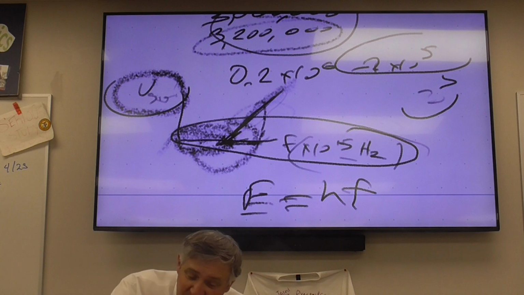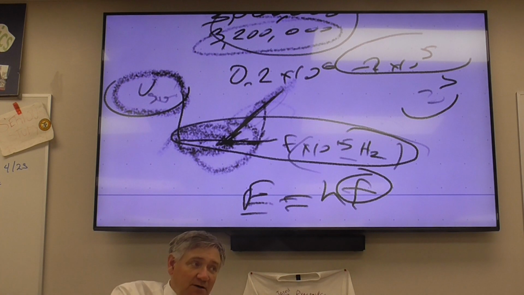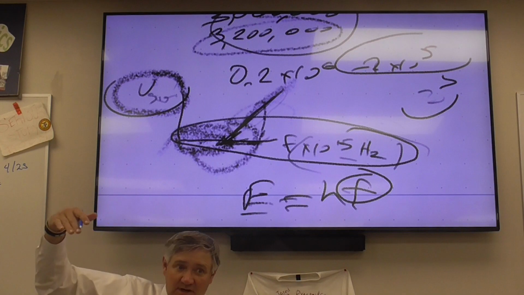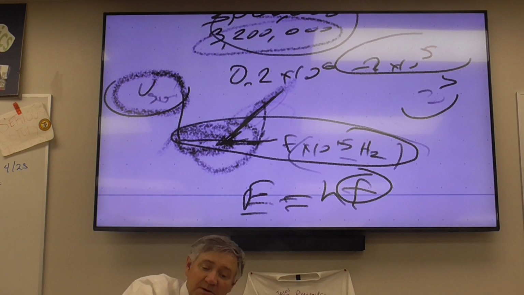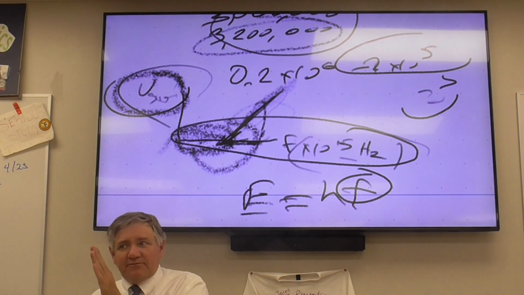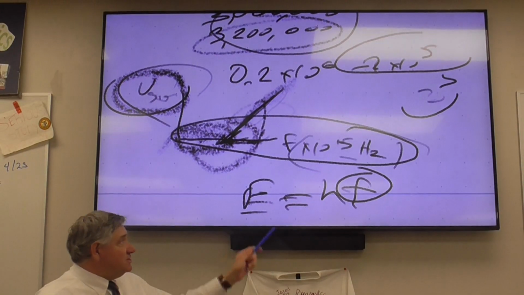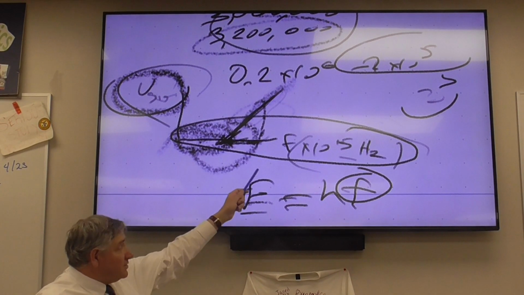So what that means is if you double the frequency, what's going to happen to the energy of the photon? It's also going to double. So this is why this increase in energy of the photon is a linear function. But remember, the V stop is how much energy you have to stop the electrons. So as you increase the frequency,